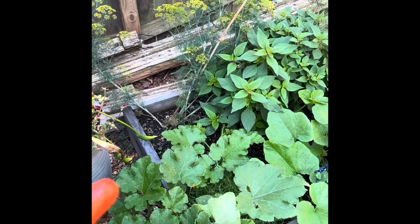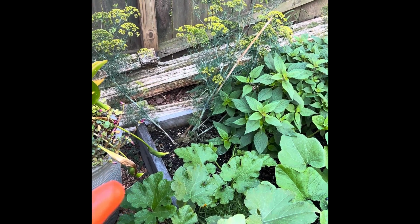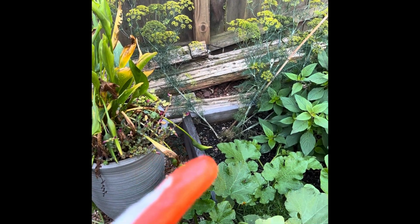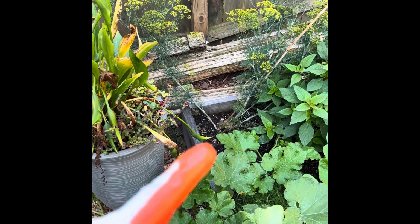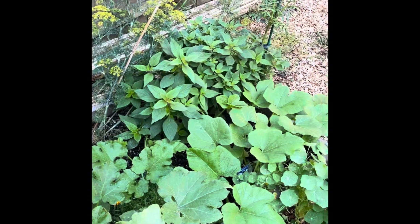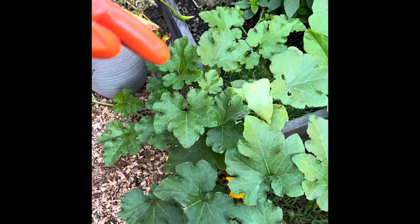And yeah, this dill, I'm gonna trim this one. This one still has a lot of good flowering going on, but I'm gonna trim it up to clean it up. It has 3 or 4 long stalks. I'm gonna take it down to 1. And I have a pumpkin here,